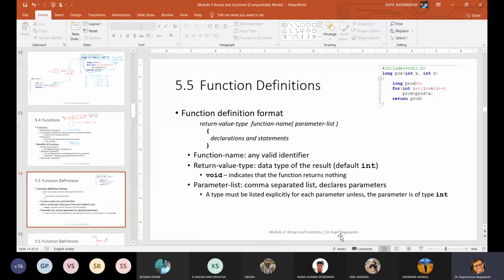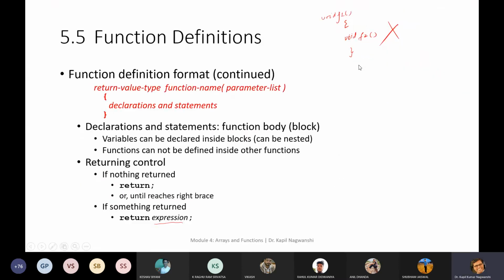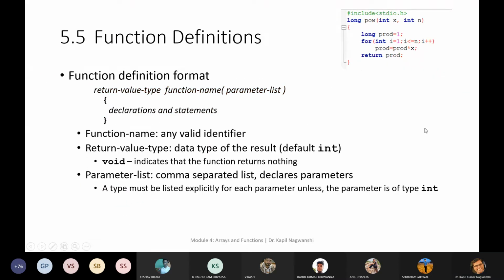Now come to function definition. Function definition: return value type. So this is our return value type. Now come to function name. So this power is our function name. And parameter list.